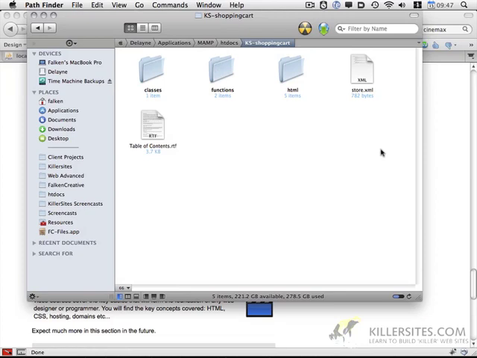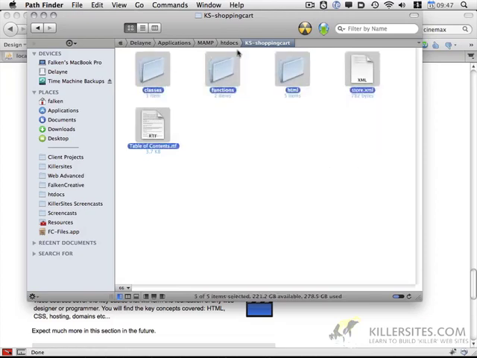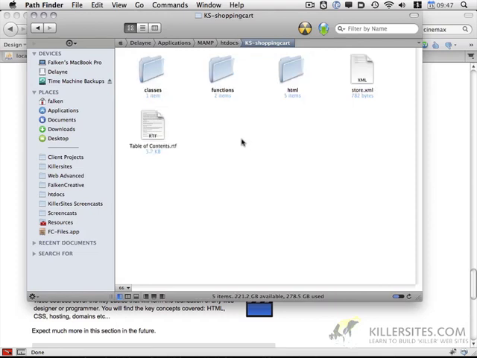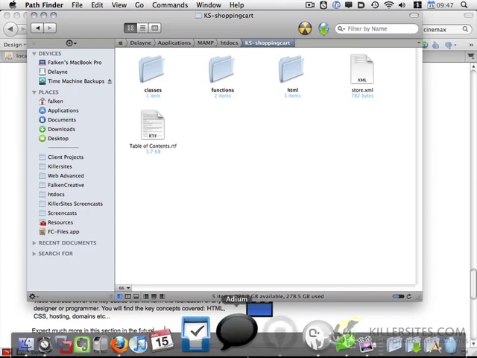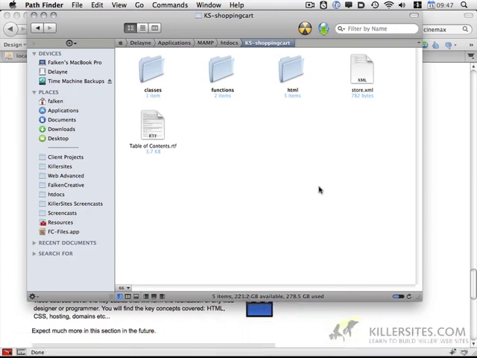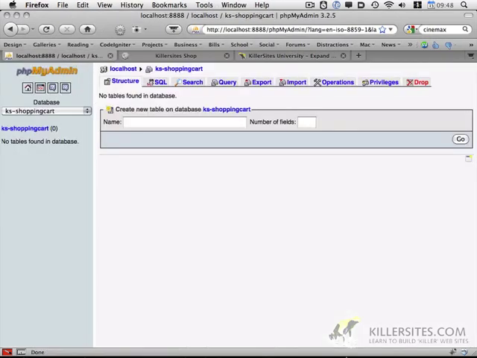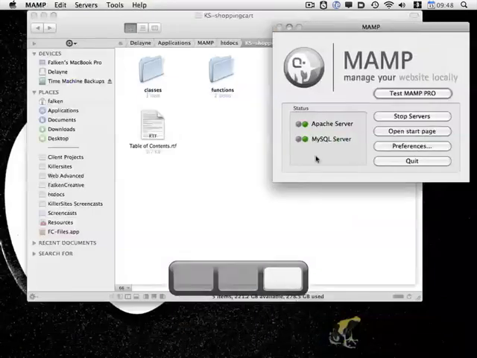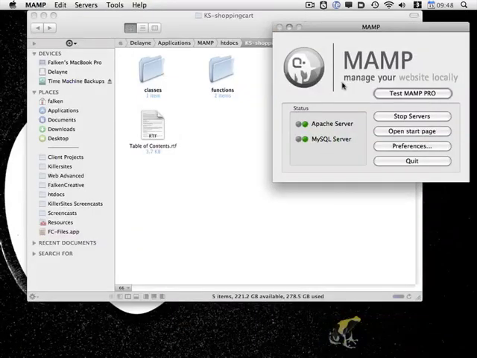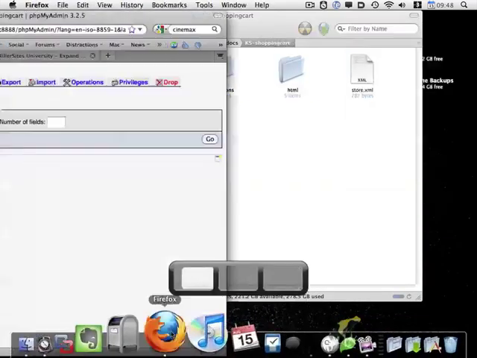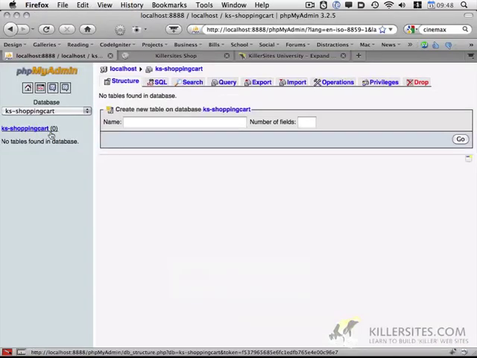I have unzipped the zip file that I downloaded, and I placed it within my htdocs folder so my server can access the files. And the first thing we want to do is actually build out the database. So I'm going to open up phpMyAdmin. And obviously I have MAMP running, which is my web server. So I've created a database that I've called